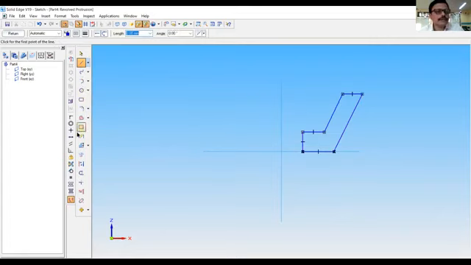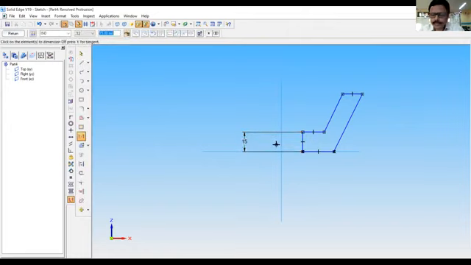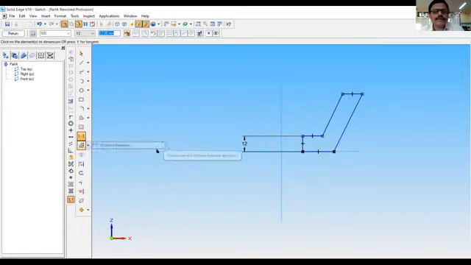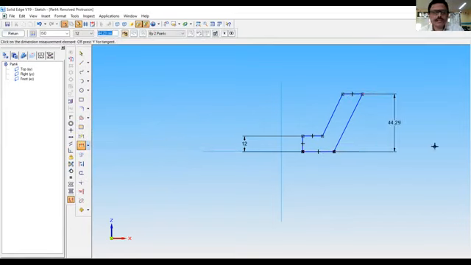This one is 12 mm. This is 12. And this distance between this one and this height is 42. This is 42.